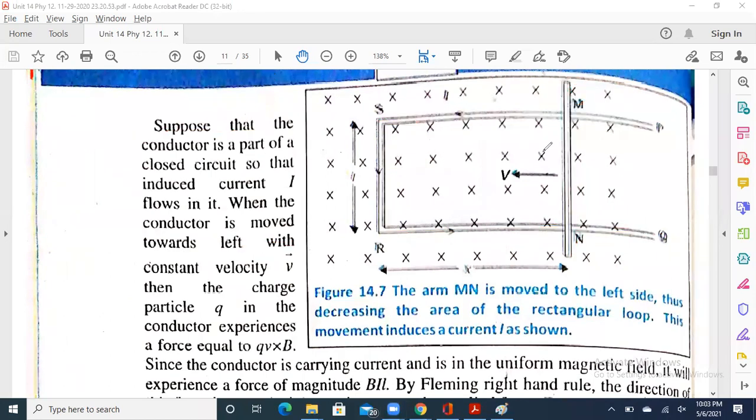So जब हम इसको लेफ्ट राइट पे मूव कराएंगे, for example ये जो स्टिक है, if you are moving it towards the left, अगर आप इसको लेफ्ट साइड पे मूव करा रहे, what will be happening? अगर आप ऐसे ही इसको मूव कराओगे, if you are moving it without any purpose and you are not having any other things which are affecting in this situation, there is no problem. You can move it. But if it is kept in a magnetic field, magnetic field कैसे है?